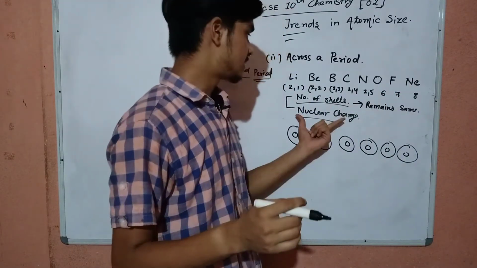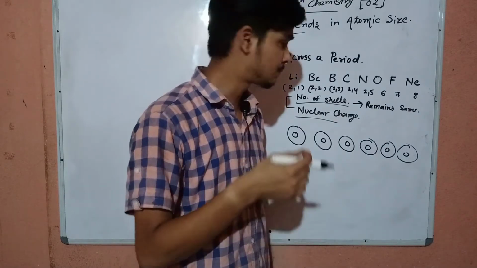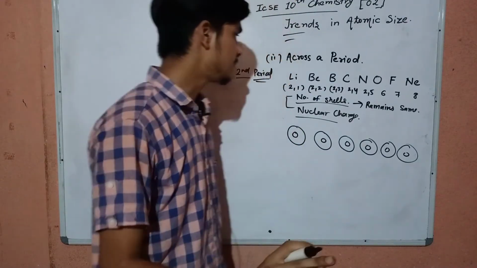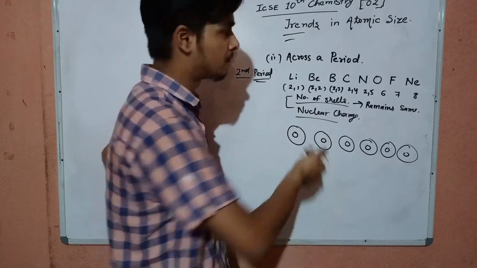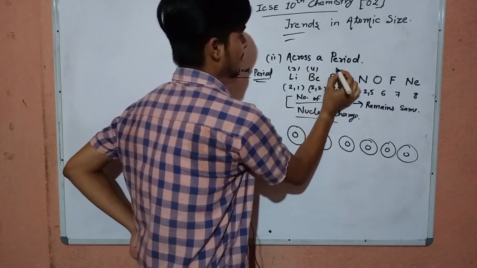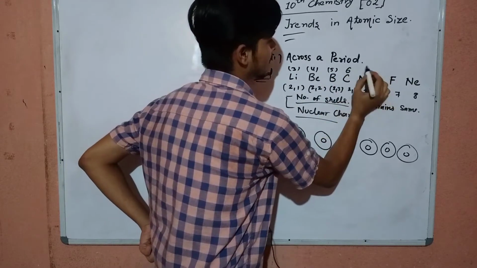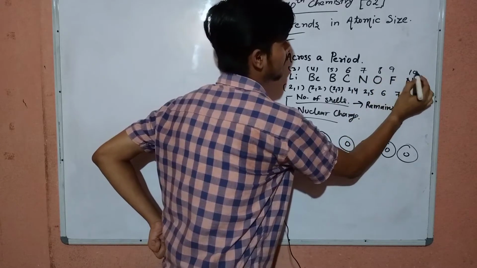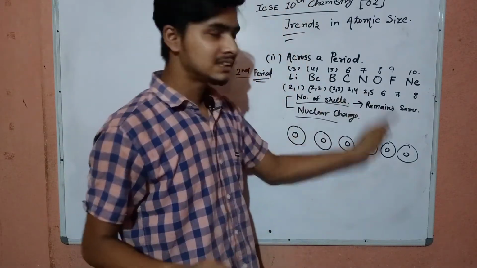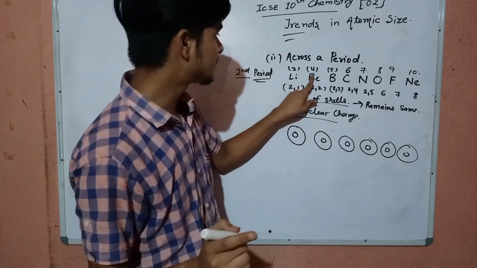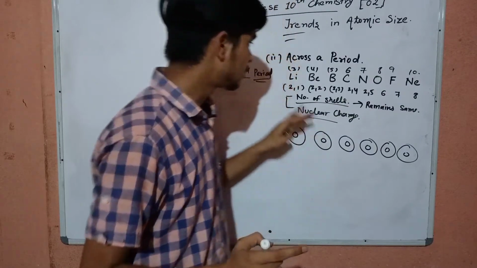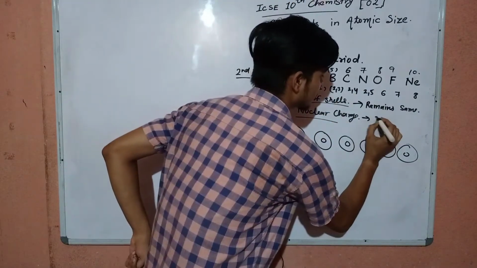Now if I talk about nuclear charge, what is nuclear charge? It is a positive charge, that is proton. Okay, it is the positive charge which is proton and which is also equal to atomic number. Let me write the atomic number here. Lithium has atomic number 3, beryllium is 4, boron is 5, carbon is 6, nitrogen is 7, 8, 9 and 10. If I talk about nuclear charge across a period, the nuclear charge is getting increased. Yes or no? Nuclear charge is getting increased when we are going across a period. Yes? So the nuclear charge is getting increased. First of all, let us write here: increase.